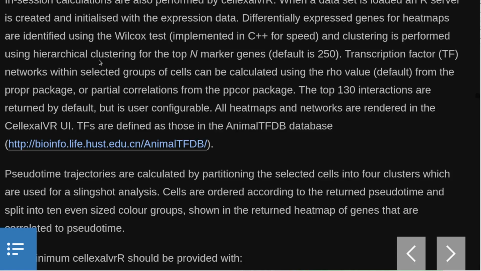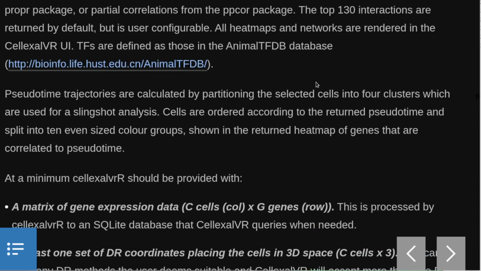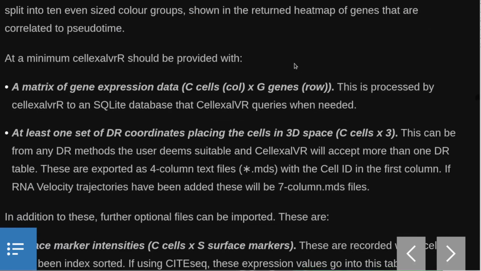Transcription factor, TF, networks within selected groups of cells can be calculated using the default, the rowvalue from the propr package, or partial correlations from the ppcor package. The top 130 interactions are returned by default, but this is user configurable. All heat maps and networks are rendered in the CellexalVR UI. TFs are defined as those in the AnimalTFDB database,